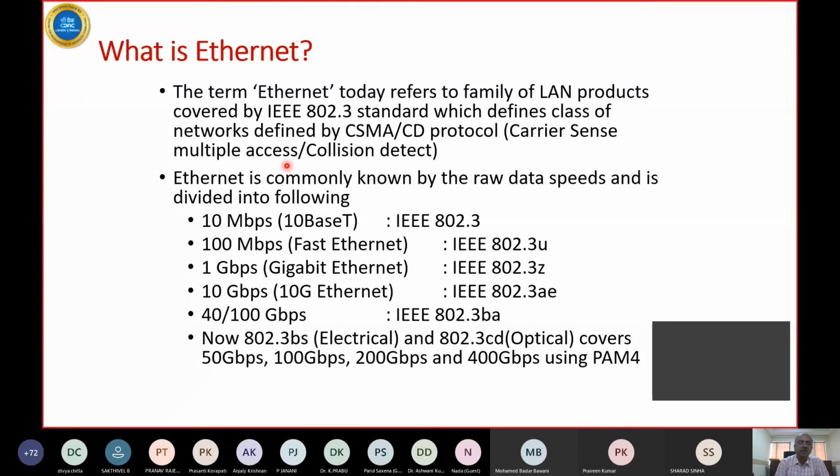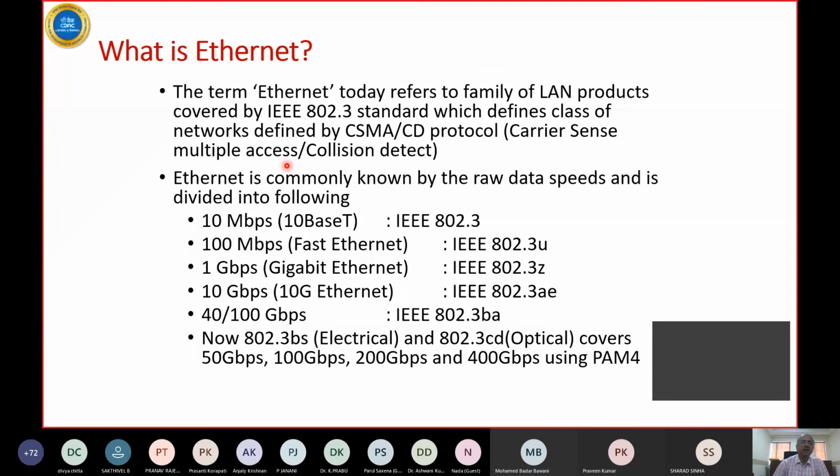Two devices get ready. Each one of them checks, finds no carrier, so starts transmitting. But then because they started transmitting together, there was a collision. So there has to be provision for detection of collision. How do you recover from collision? There is an algorithm which I don't think I can cover because of paucity of time. But it started off with 802.3.